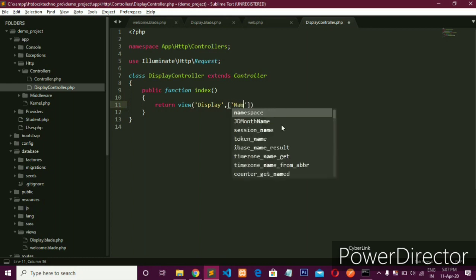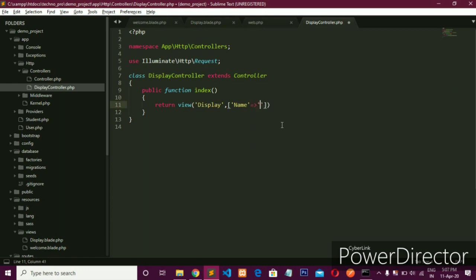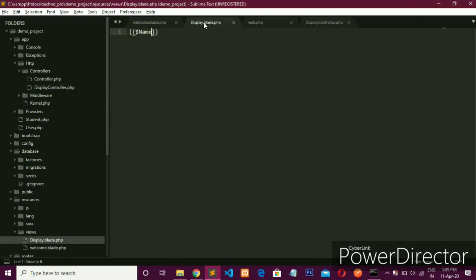Okay, name, and its value is. For accessing this data in display.blade.php, I have to put my variable name in two curly braces. This is Blade syntax.